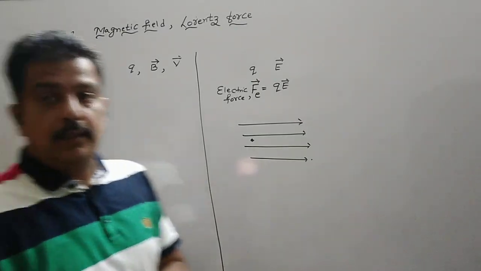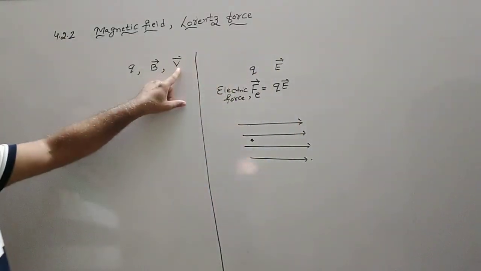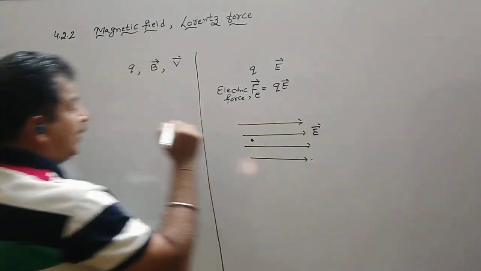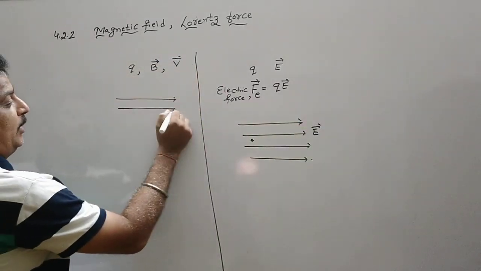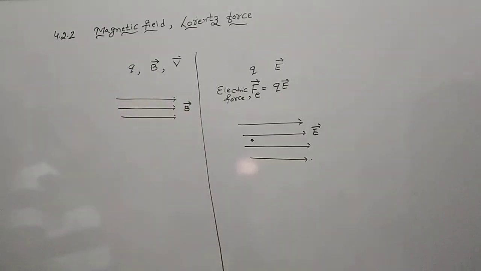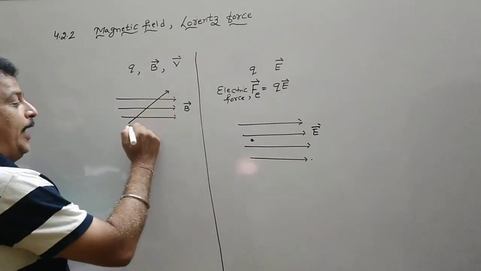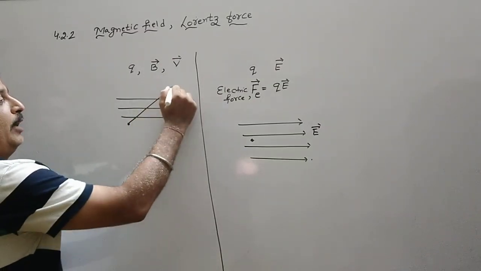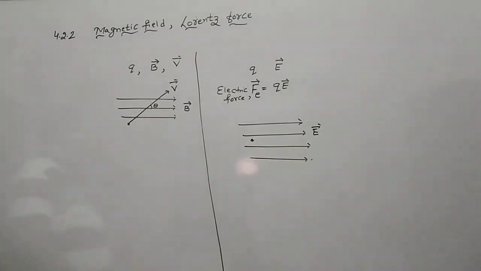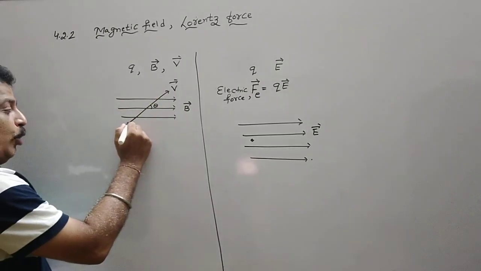In this chapter, suppose a charged particle is moving with a velocity v vector and it enters into the magnetic field. So now this is the magnetic field. Suppose this is a uniform magnetic field which is taken along the x-axis. Now suppose a point charge Q enters in it and it is moving with the velocity v vector, where theta is the angle between the velocity and the magnetic field. So this is your point charge Q.